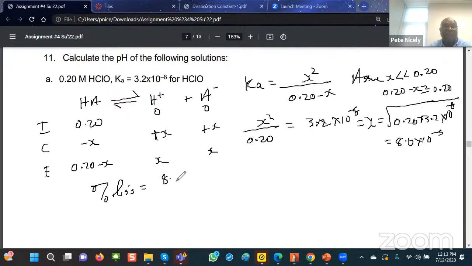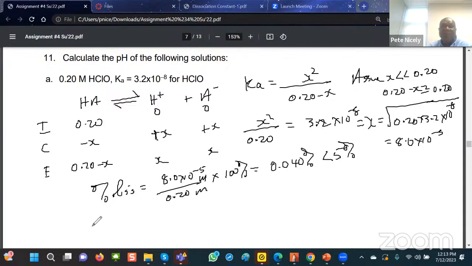So that's 8.0 times 10 to the minus 5, divided by 0.20 times 100%. And according to my calculation, this works out to be equal to 0.040%. So this is definitely less than 5%. So therefore, we can say that the concentration of X is equal to the concentration of H plus, which is equal to 8.0 times 10 to the minus 5 M, which means that the pH is equal to minus log